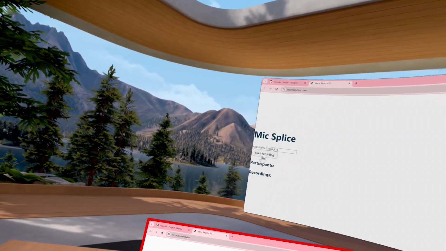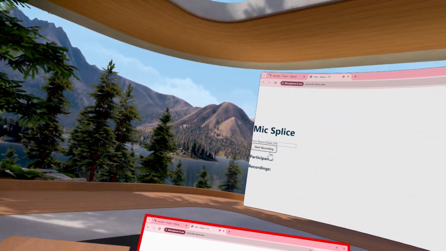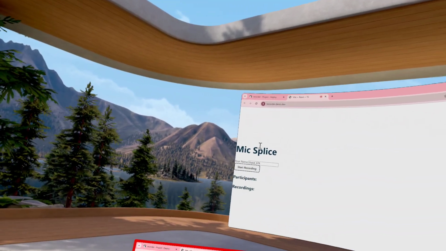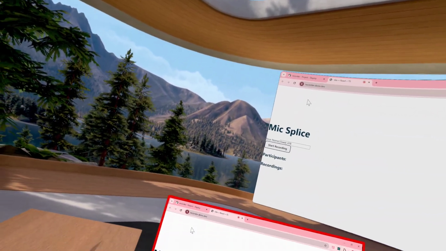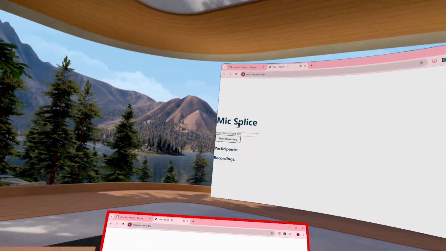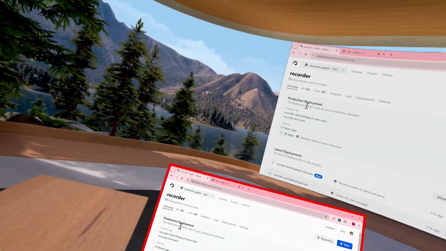So I made this, and it sort of worked. You could press record, you could press stop, and then it would upload it to an S3 bucket, blah, blah, blah. Very simple front end. One might even say insufficient front end.